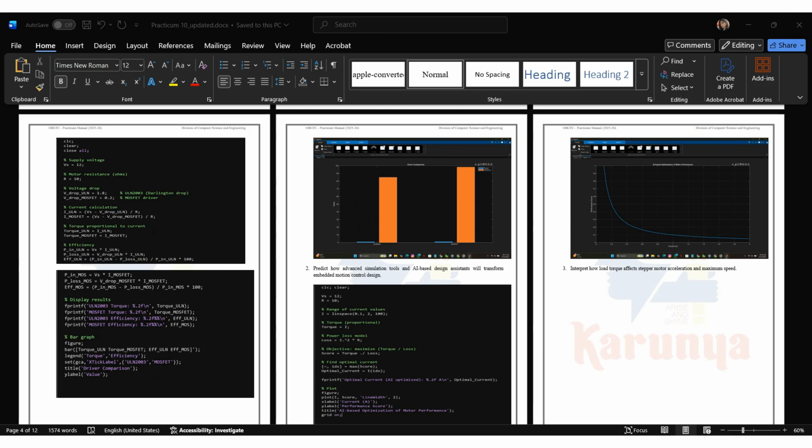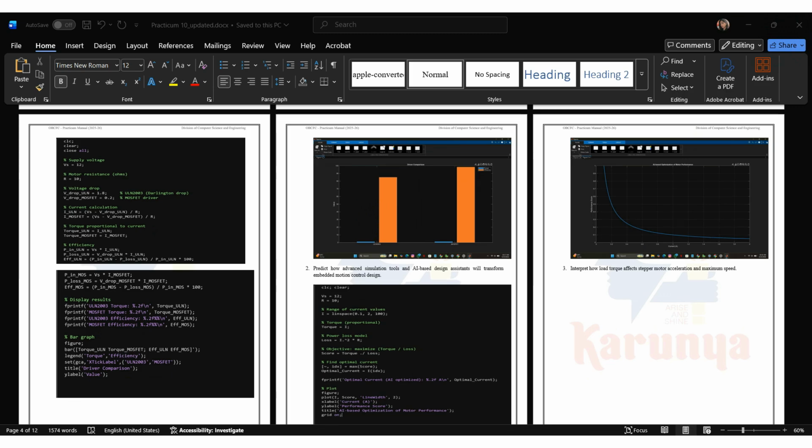The efficiency of the driver is evaluated by comparing the input power supplied to the system with the power lost in the driver. In the case of the ULN2003, a larger portion of the input power is dissipated as heat due to its higher voltage drop, making it less efficient. On the other hand, MOSFET drivers minimize the power loss due to their low resistance characteristics, leading to higher